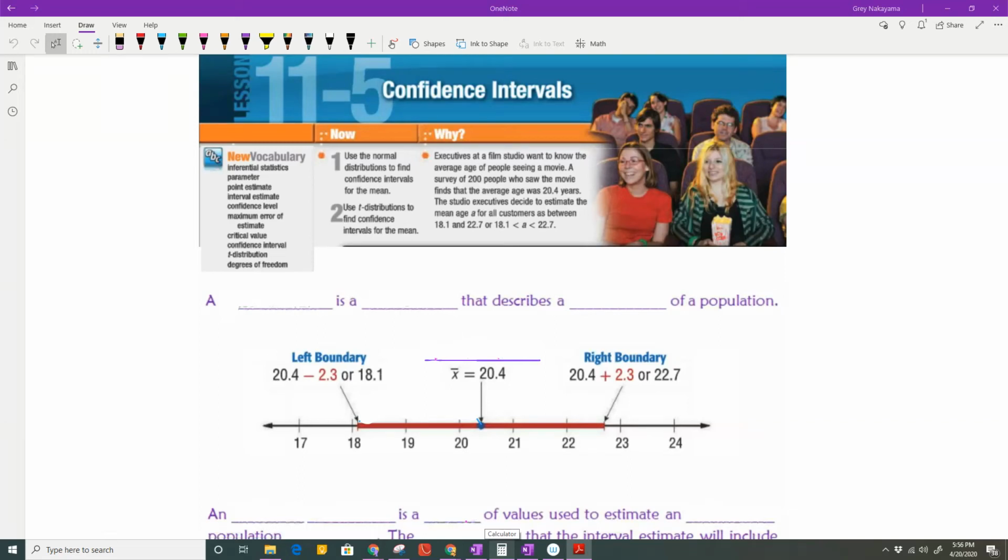Okay, today's lesson is 11-5 called confidence intervals. It is pretty lengthy, but again, just what I've been doing this whole chapter is trying to take away a lot of your time that would be bogged down with calculations and showing you how to use the statistics calculator that's online called ClassCalc. It does a lot of things, but it is, I think, the only one online available